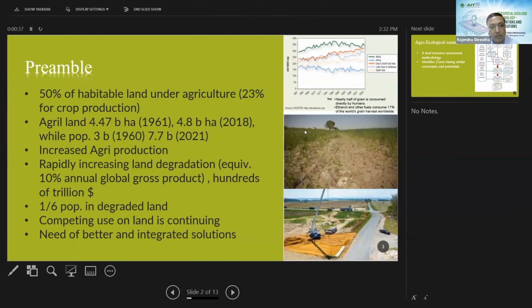Just a bit of background for the colleagues attending here about the issue of food security and the talk on agroecological zoning, which I'm going to give today. All of us know how geospatial data and geospatial technology are useful in various sectors. We have heard about even ground-level agriculture, insurance, disaster and so on. And talking about food security, as we know, land is the major source of food production, and 50% of inhabitable land surface is under agriculture.